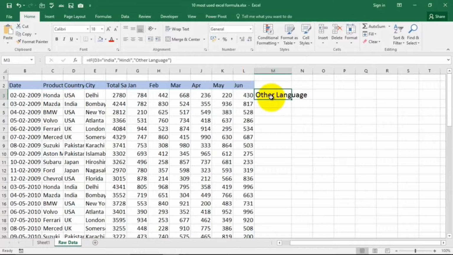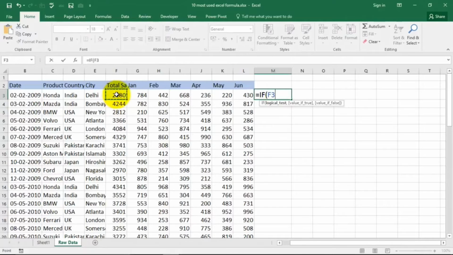Of course, USA is English. I am going to change this, and now I'm going to show you an example. The total sales. This is a bit advanced version of the IF formula. If the total sales is less than or equal to 3,000, comma, value if true, give good job, comma, if value is false, that means if it is lesser than this, then,